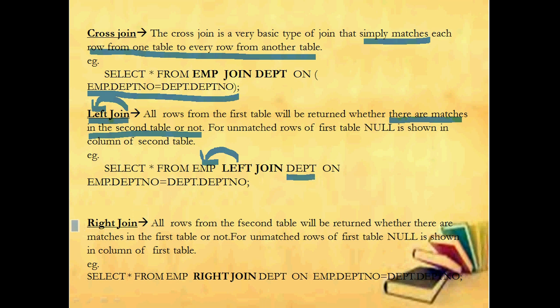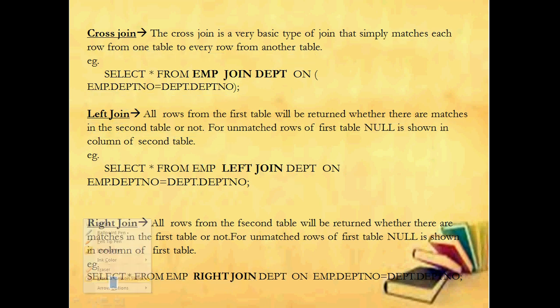And the same case is with the right join. The keywords are right join and left join as they are. In the right join, all rows from the right table are taken, and if there is any matching value in the left table, that will also be taken and combined with the result. But the rest of them will be avoided. So the keyword is right join. Here it is left join. The cross join can be like this, or simply you can specify select star from EMP, DEPT. That will also work.